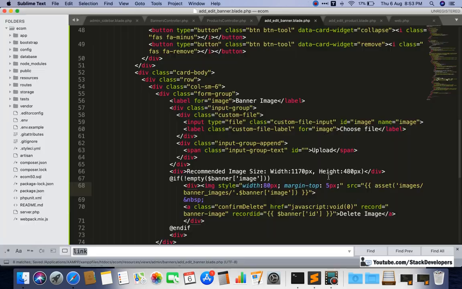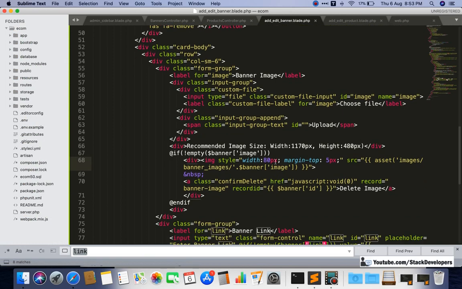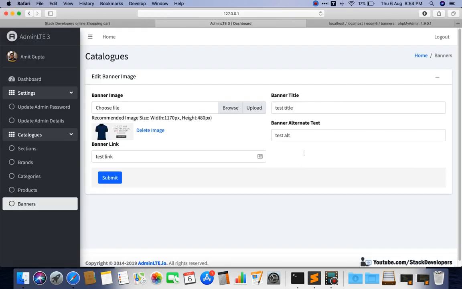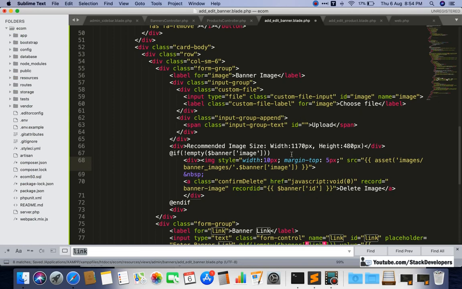Okay, see here the banner is showing, and if you want to make it a little bit bigger, then you can make it bigger as well, like 150 pixels, so that the banner is visible.